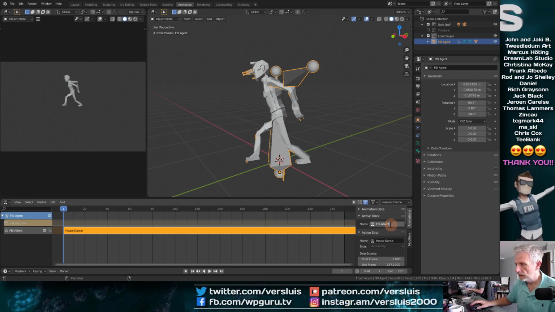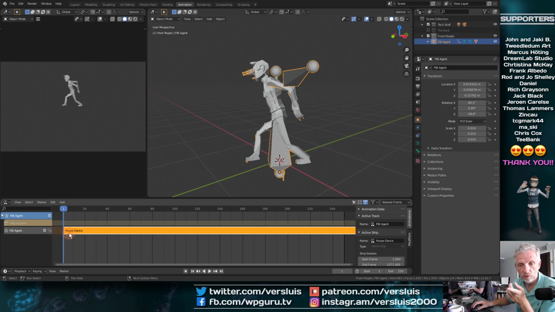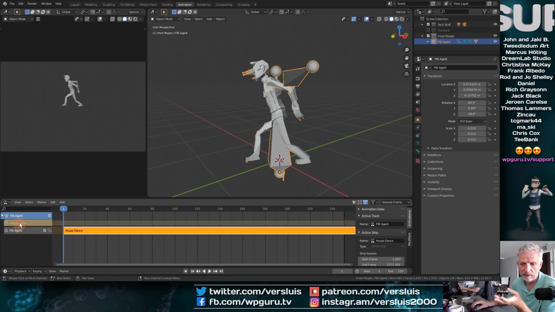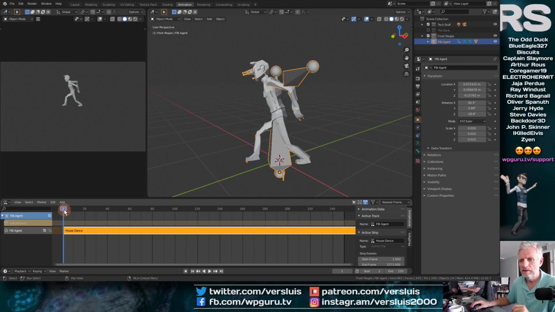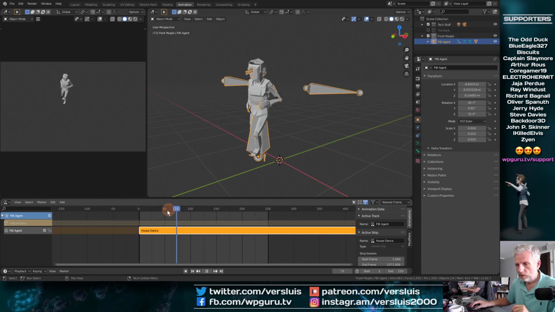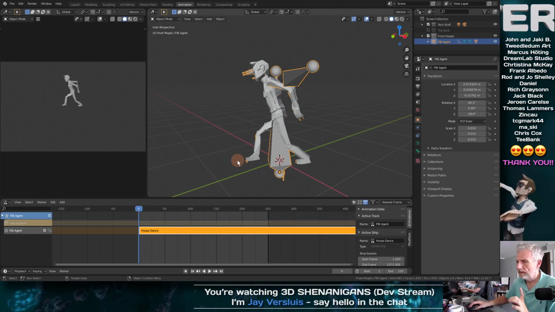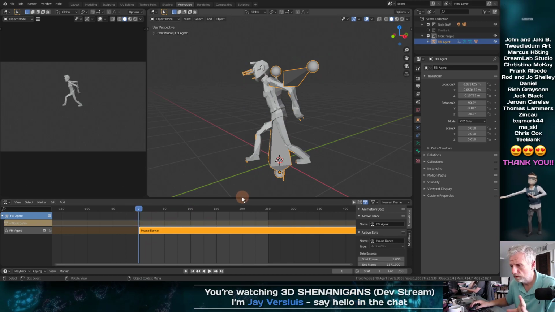I'll rename that NLA track FBI agent so that I remember who's dancing on this. It also says that up here, but it's just easier for me to remember. So I'll leave him as one loop there, and this is what I'm trying to figure out. I hope this is how it works.